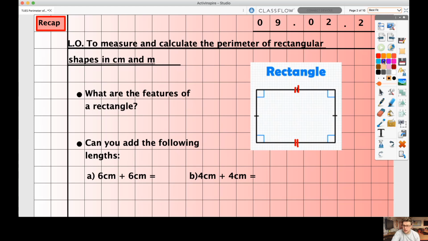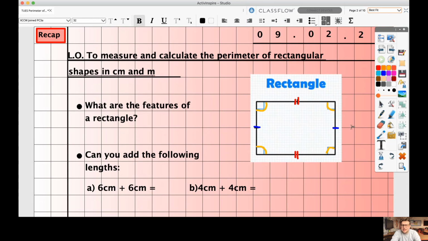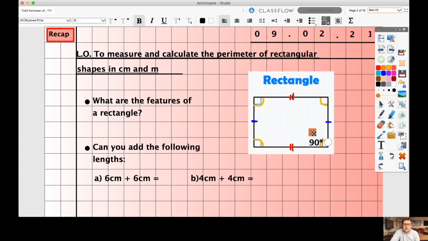And then, so we've got those pair of parallel sides, and then we've got another pair of parallel sides here. So we've got 4 sides, 2 sets of sides, both in each set the same length, and they're parallel. We've got 4 corners, and all of the corners are of an equal angle, and that angle is 90 degrees. It's a right angle. Lots and lots of different